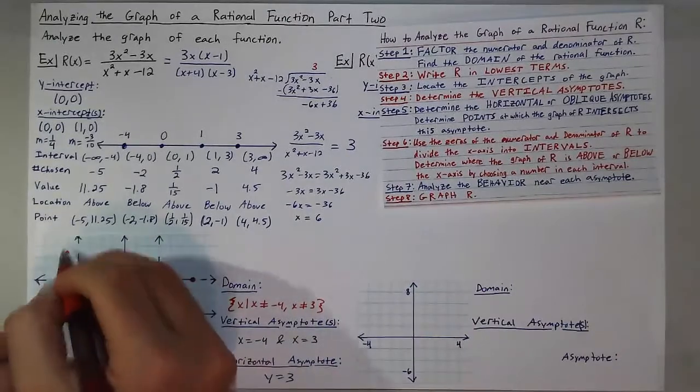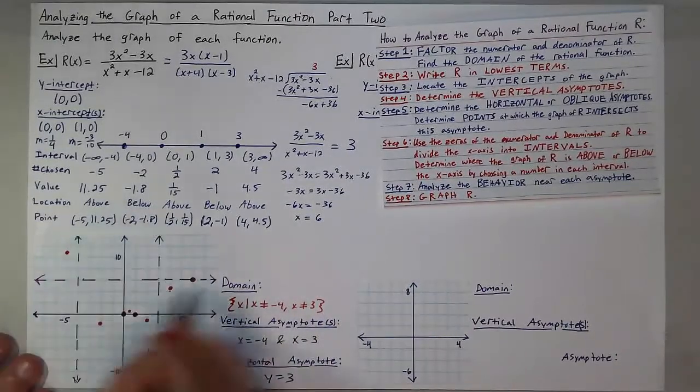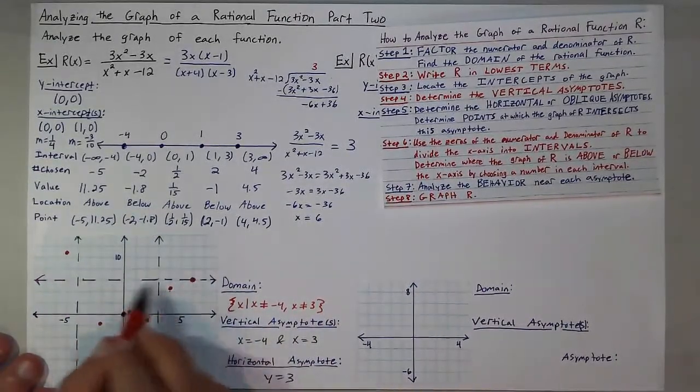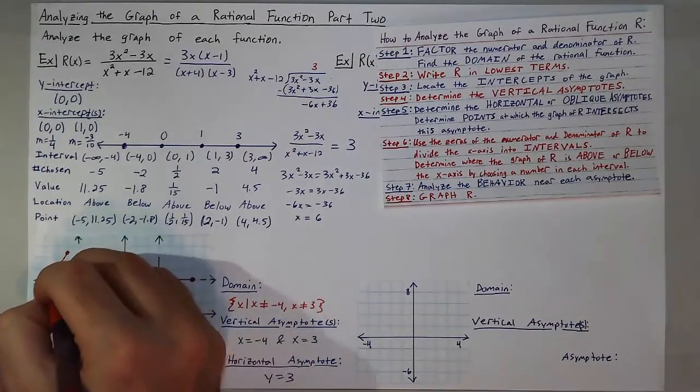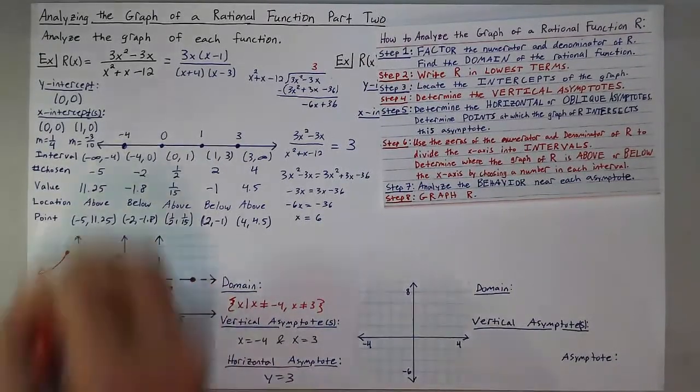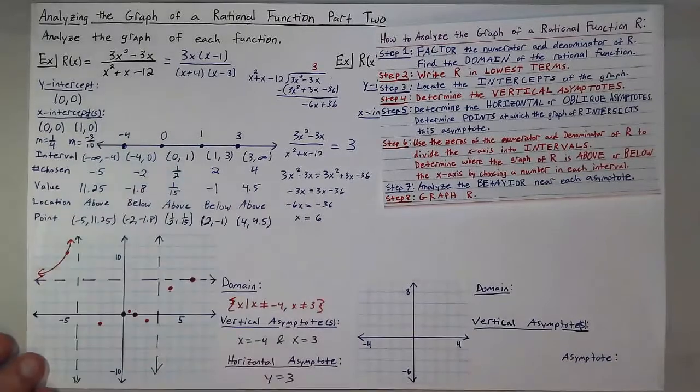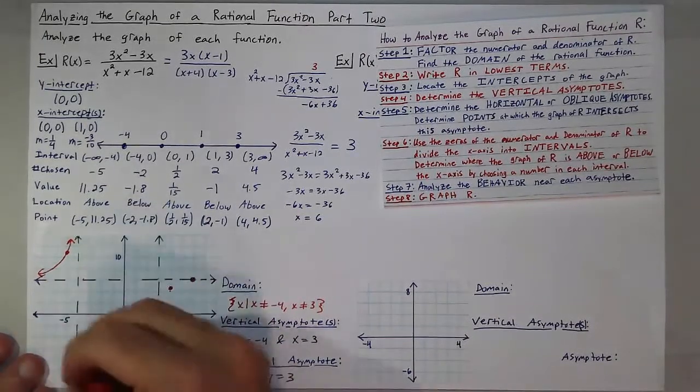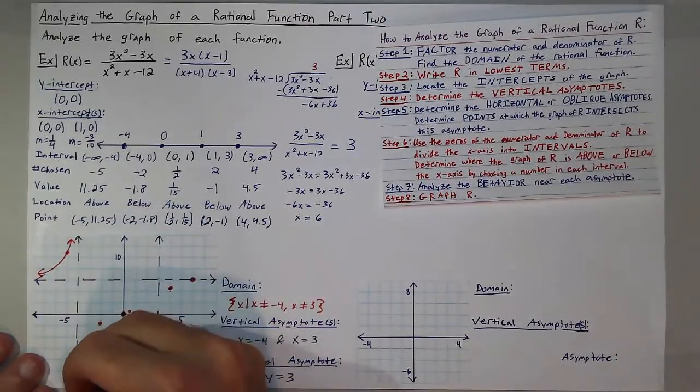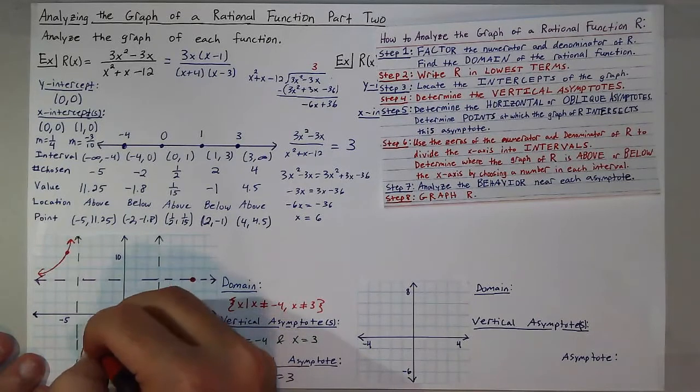This one's above the x-axis. So since I know it doesn't cross the purple line anywhere else, I know it's going to go down and flatten out along the horizontal asymptote, then go up the green asymptote. Then down here, I know that between -4 and 0, it's below the x-axis. So I'll follow up from the bottom of this asymptote, go through the point towards